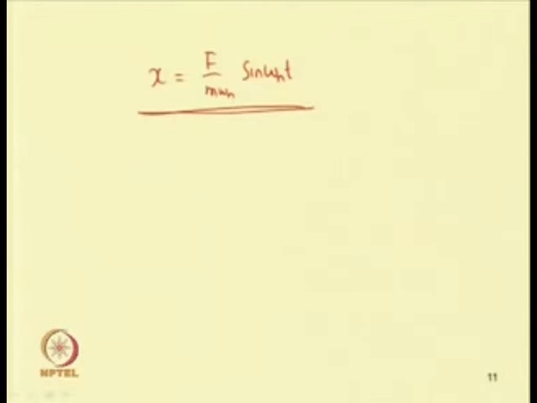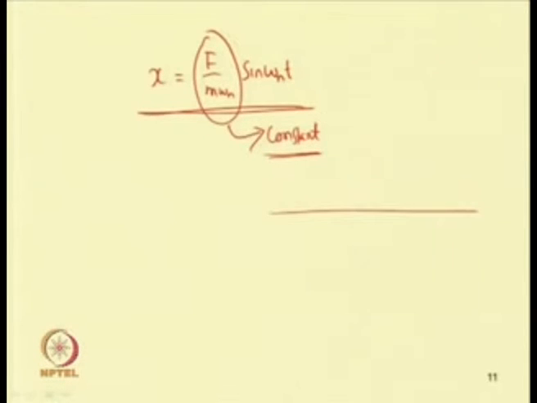Here the amplitude of the response, that is f by m omega n, is constant. But as we will see in this lecture, in case of nonlinear systems this amplitude of the response is not constant; it will vary with the frequency of the system. In this case the resulting solution has f by m omega n as a constant factor, so the system will vibrate with constant amplitude.